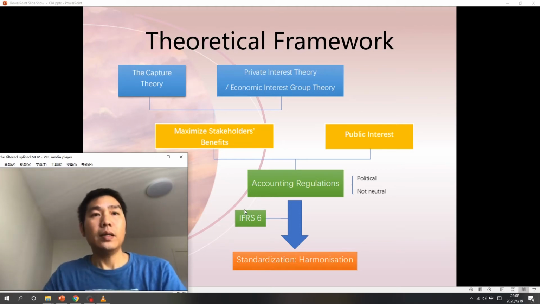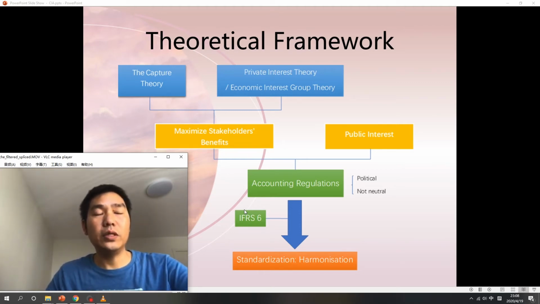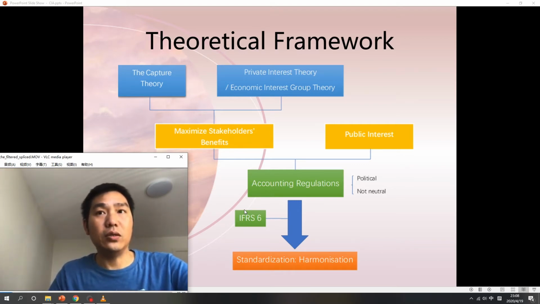However, the capture theory and private interest theory obviously show us that stakeholders will take steps to ensure their interest groups are always the beneficiaries of maximum profit. Interest groups are likely to lobby for close participation in supervision to respond to their own needs, maximize the benefit to their members, or put participants into their interest groups. Therefore, the original standard is more likely to reflect the interests of financial information providers rather than the interests of ordinary financial reporting users.